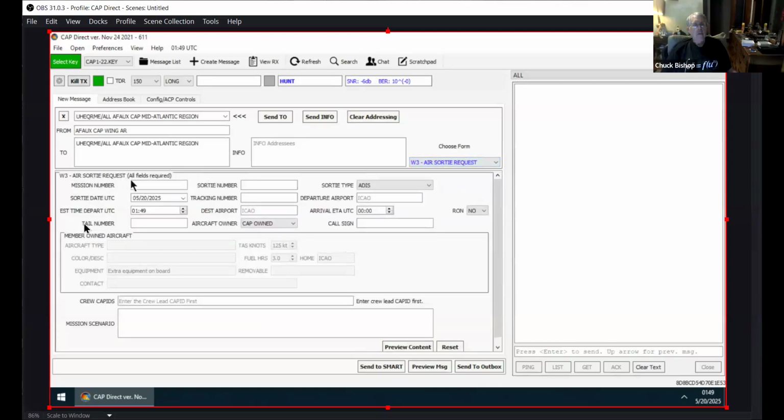You got the mission number, the sortie number, sortie type, drop down menu, the sortie date. If you have a tracking number, great. If you don't, fine. The ICAO, departure airport, so forth and so on, depart UTC, destination airport,